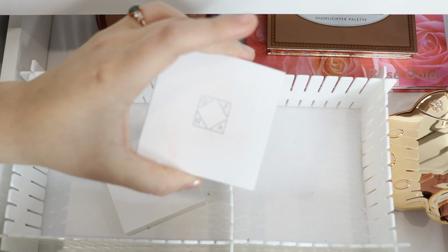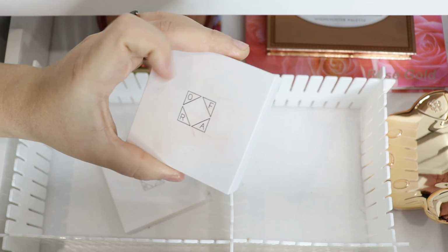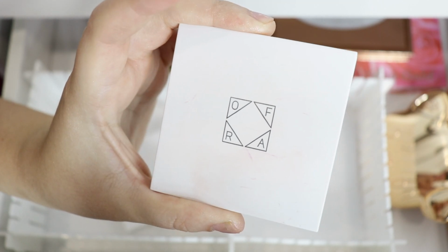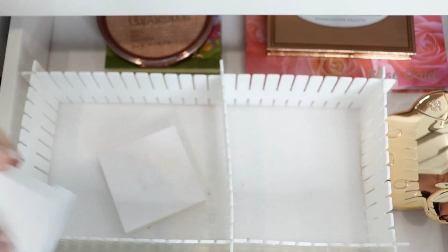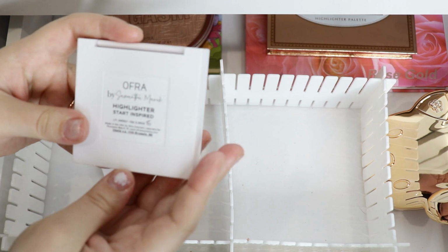The only thing I don't like about this packaging is, I don't know if you guys can see it. Probably can't because my lights are kind of blinding it out, but can you kind of see that? It's all dirty, and I'll clean it and stuff, but they just get dirty because of the type of white packaging, I guess. I don't know. I just tried to scrub the crap out of it and it didn't clean it. But anyways,